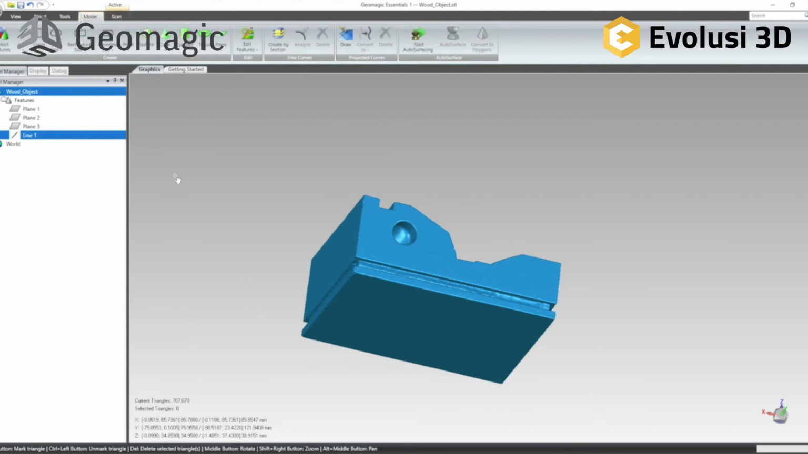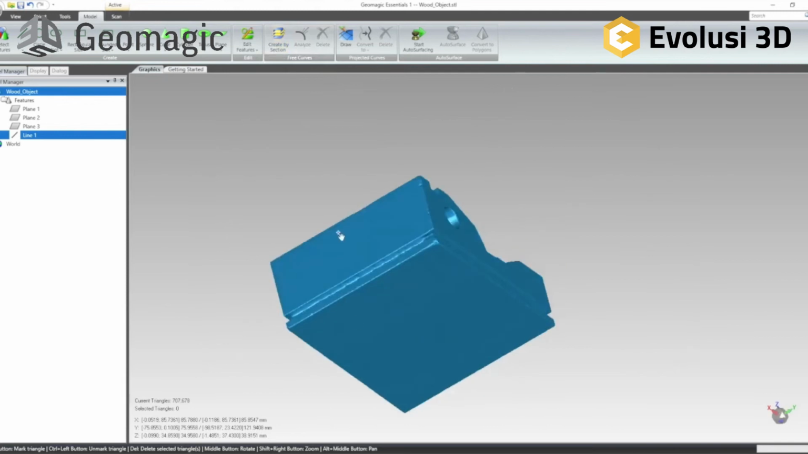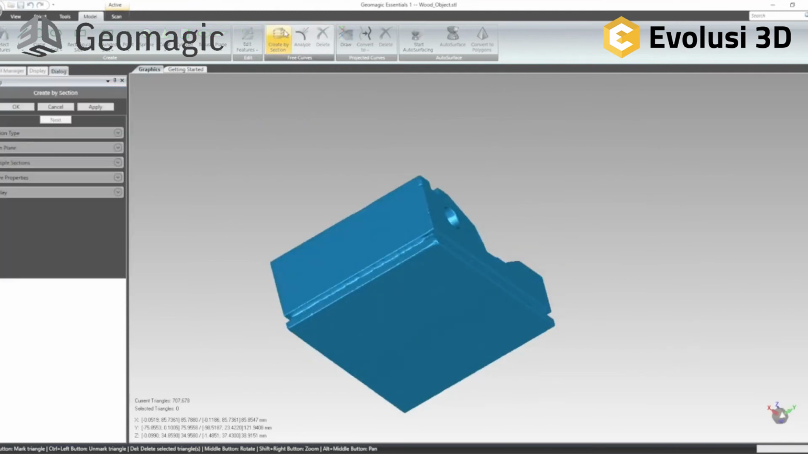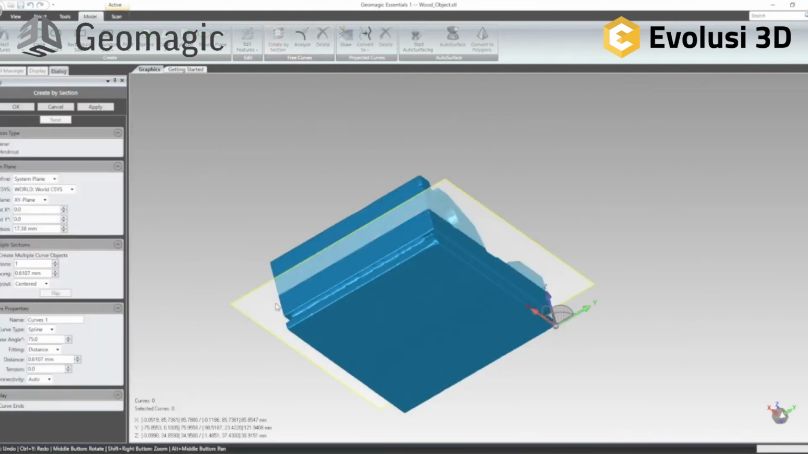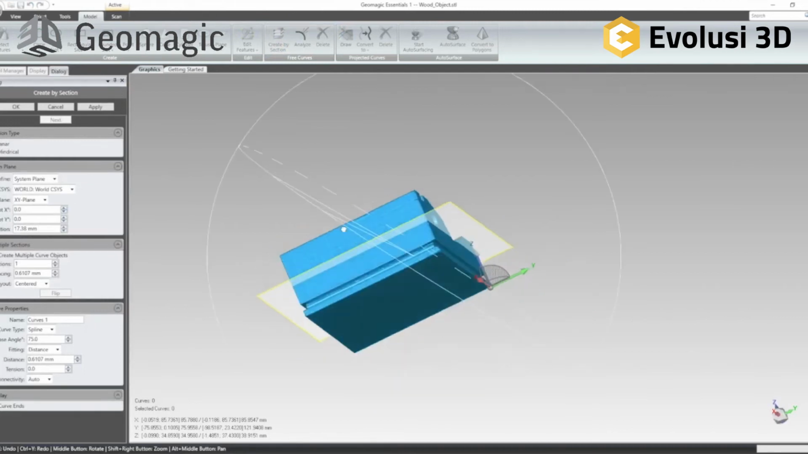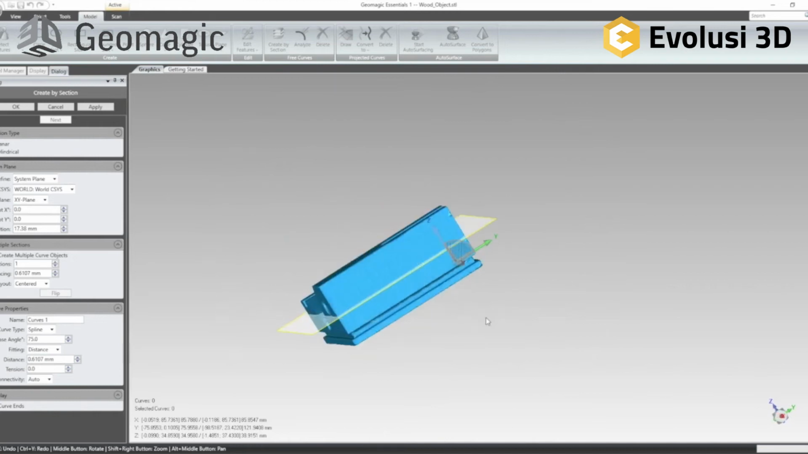So the next function I want to show you is to create sections. It's quite useful also to import it to Solid Edge later. We will show you in another video, but here we can show you how to create it and what options we have. If I click on it, it directly jumps into the function, and I can say, okay, I want